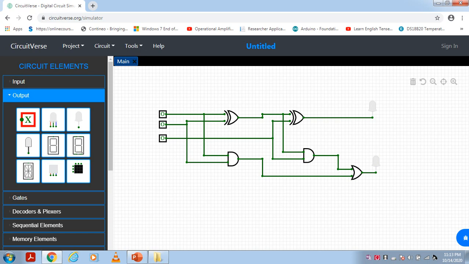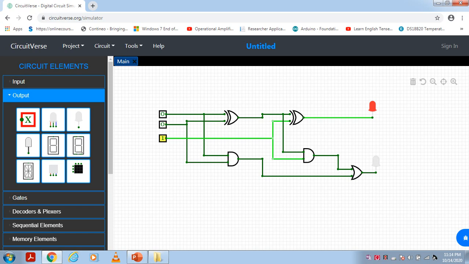Okay. Next, we are going to verify the truth table for the full adder circuit. This is A, B and C. For 0, 0, 0 input combination, sum is 0 and carry is 0. The next one is 0, 0, 1 input combination, sum is 1 and carry is 0.